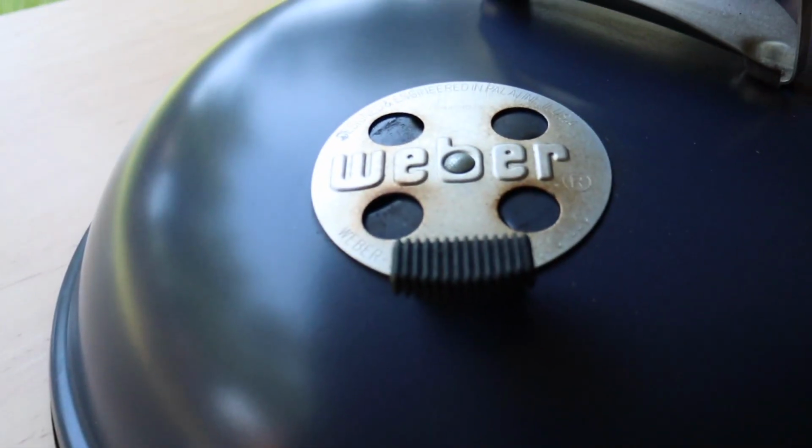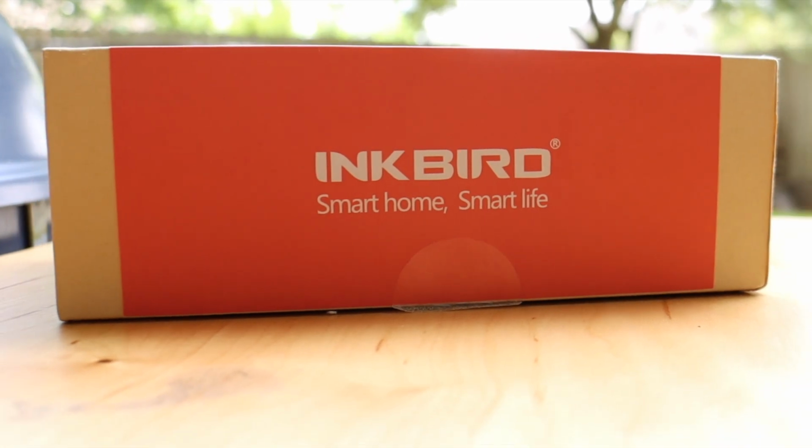I'm Johnny, you're watching A View to a Grill, and today is the InkBird Smart Wireless Barbecue Thermometer